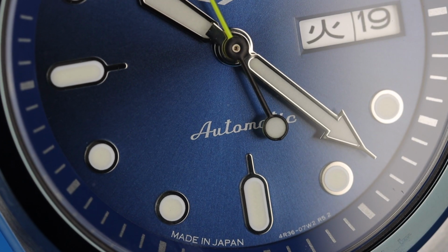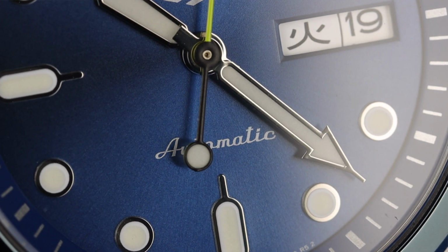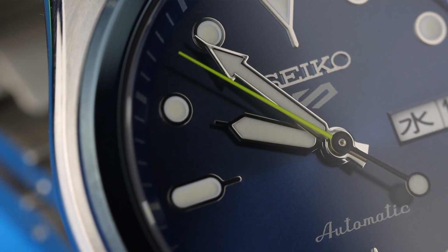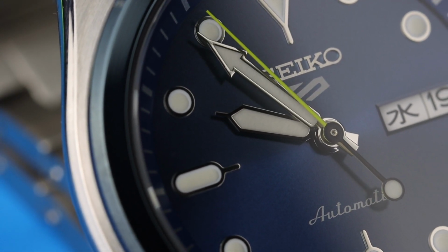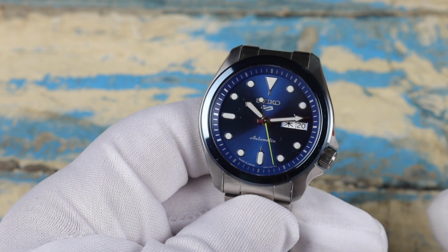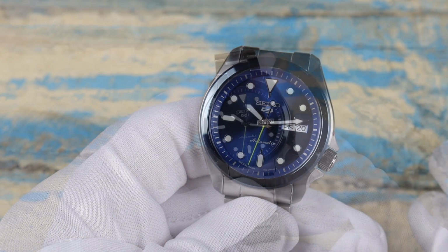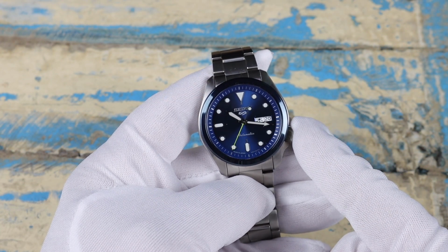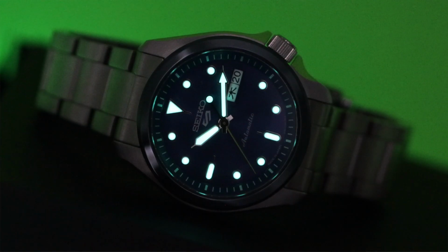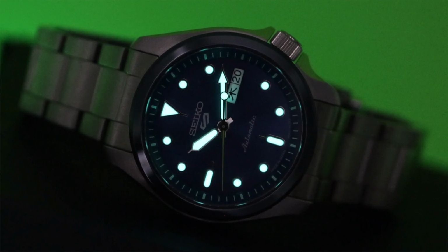Above the 6 is automatic printed in script, and at the 3 is the day date. The handset is the icing on the cake though, and particularly the second hand. I'd been calling it a green, but some think it looks yellow. I actually checked, and when I was looking at the description on the Seiko site, they call it yellow-green. So to me, it's kind of a neon green, but either way, it goes awesome against the blue dial. So this is a Seiko, and like a lot of Seikos, they've piled the lume on in a big way. It's not quite as bright as some of their divers, but it's still strong and long-lasting, so zero problems with